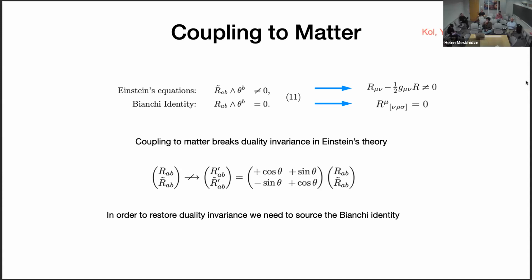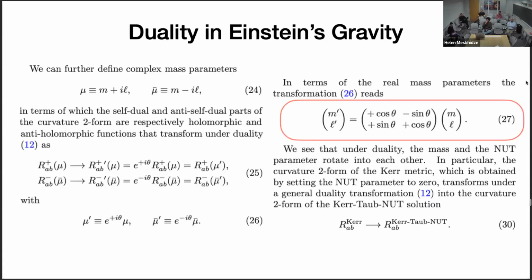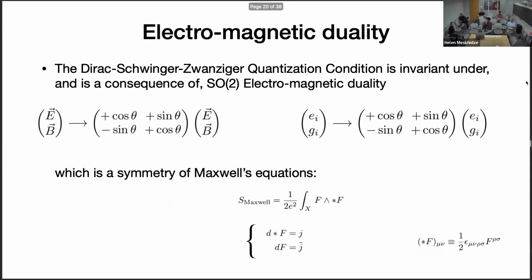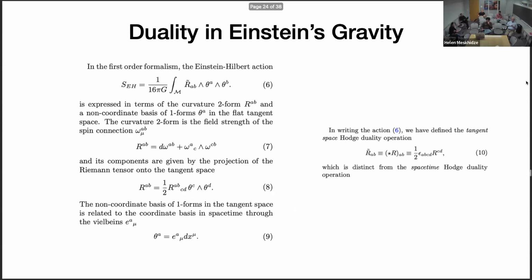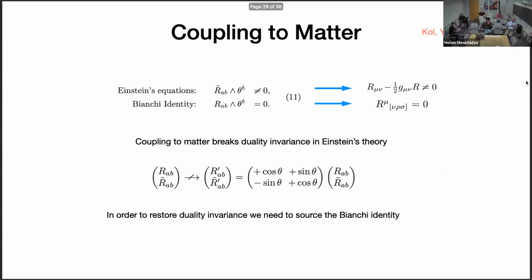So that brings me to a topic. Is this true also in Maxwell? So in Maxwell you can introduce magnetic currents, right? In Maxwell, you can solve the Maxwell equation and you can introduce magnetic charges, and in the presence of currents, duality will rotate the electric and magnetic fields into each other, but also the currents. So everything is good. But in Einstein's theory, only Riemannian surfaces, this is zero by definition.